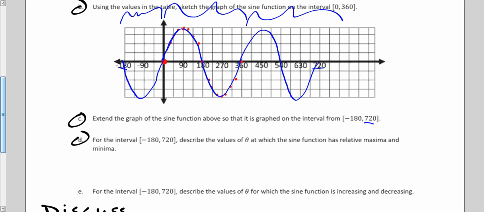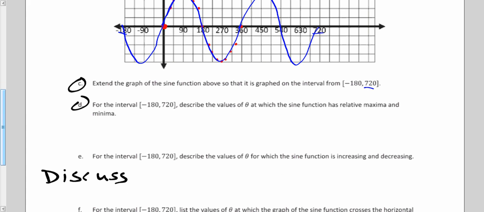If I'm going up and then down, the relative maximum's at the peak, right? Yep. But I'm asking for what values of theta, so I'm really looking for that guy, because that's where it's at a maximum. So at maximums I'm at 90